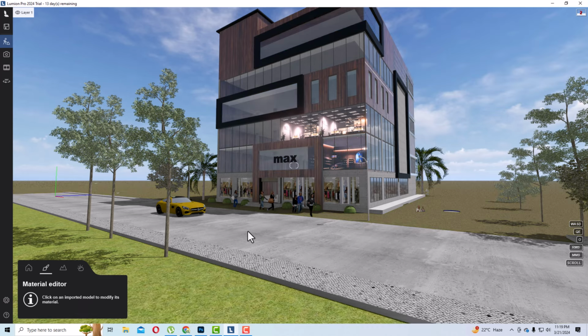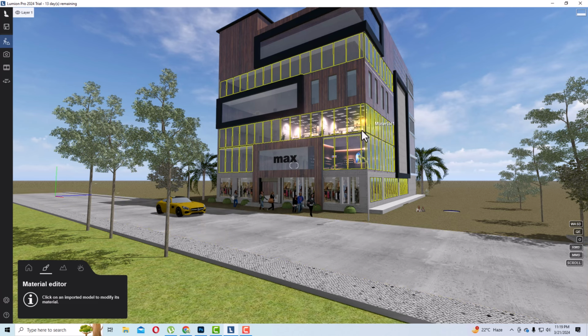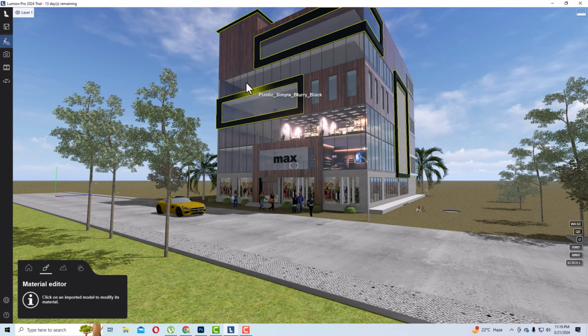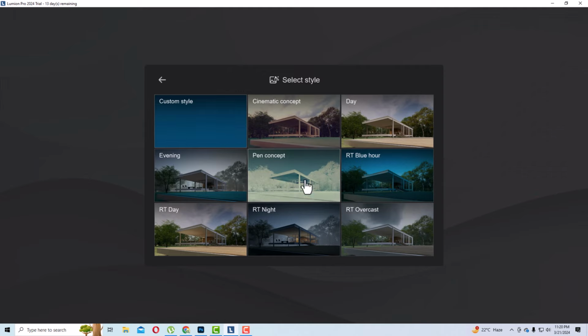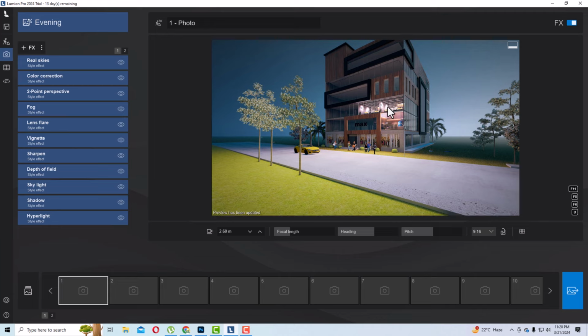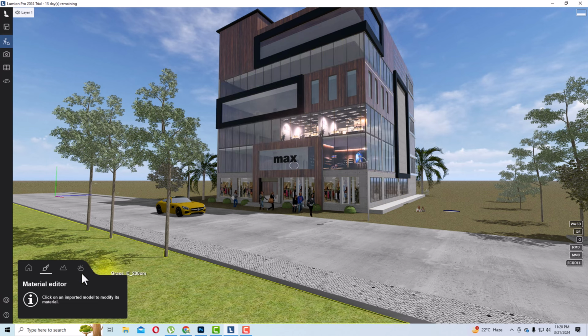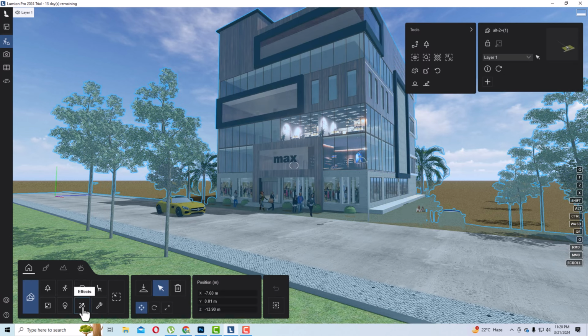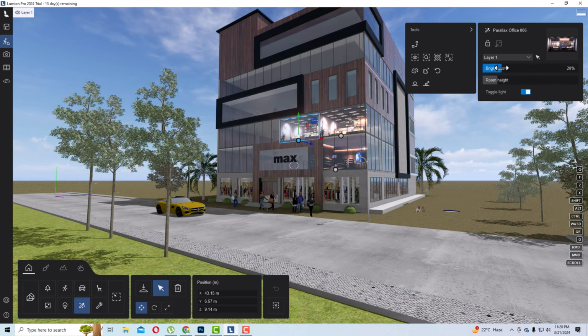and effort. After applying materials, you can check the rendering, and you can check the intensity of light in parallax interior. So if you go and click a photo of this, you can check the night view or evening view, and you can check the intensity of light from here, and you can go back, and as per your scene you can increase or decrease the intensity here. So I'm going to effect here, and I'm going to select this one, and you can increase or decrease this light here